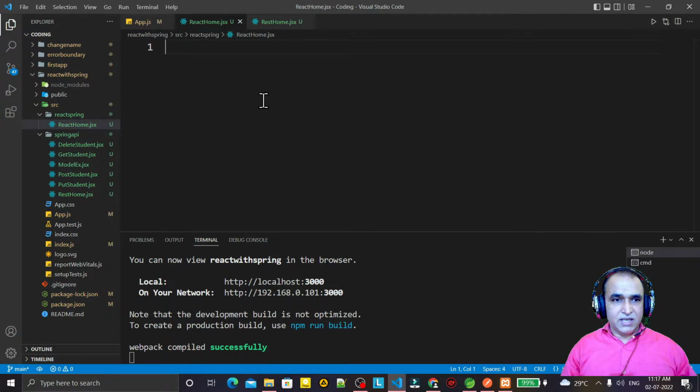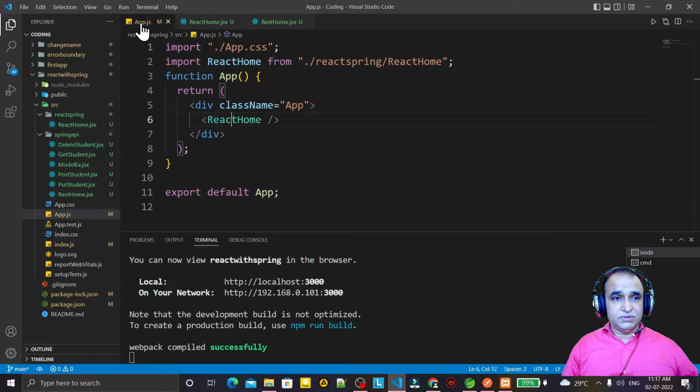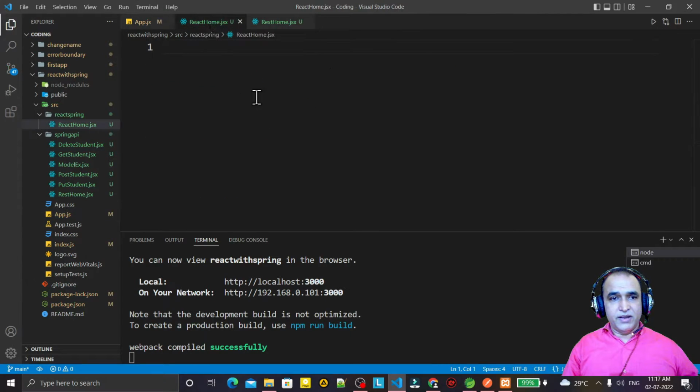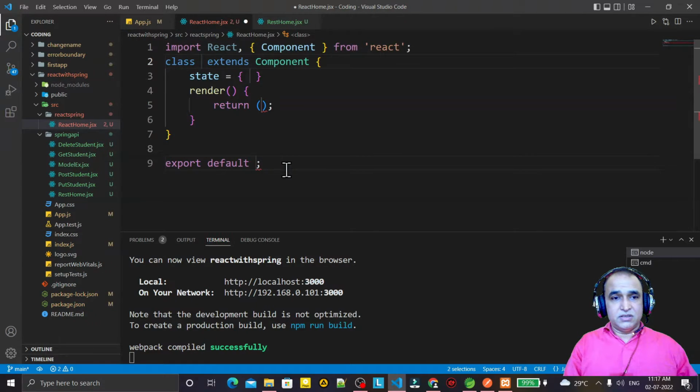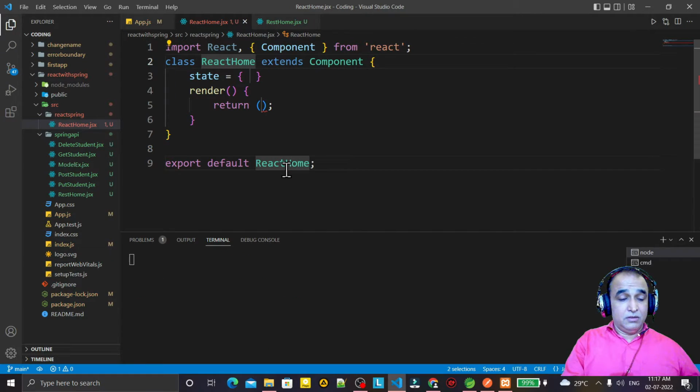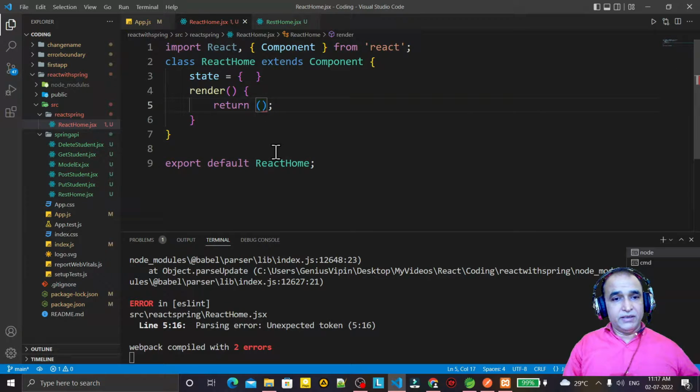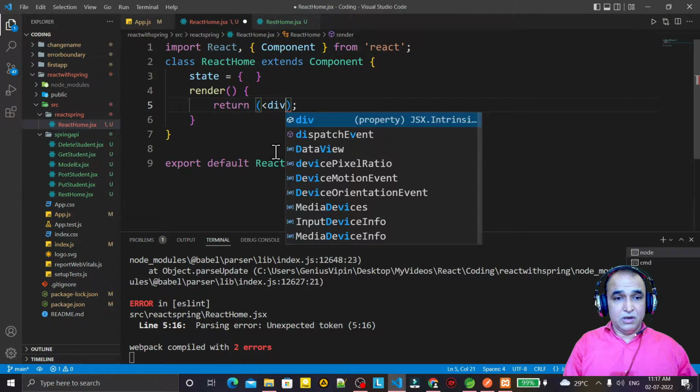So let's start. Here in app.js, I just use React Home. This is my React Home component. So I'm creating this component here, and I gave the name React Home. Save this, and here I need to call a div tag for